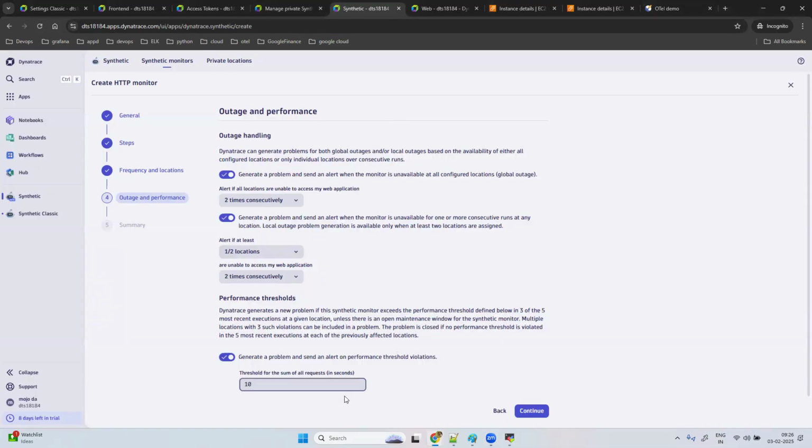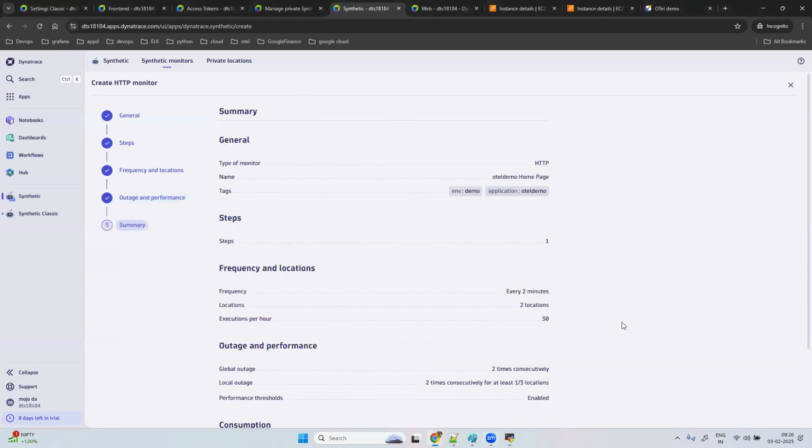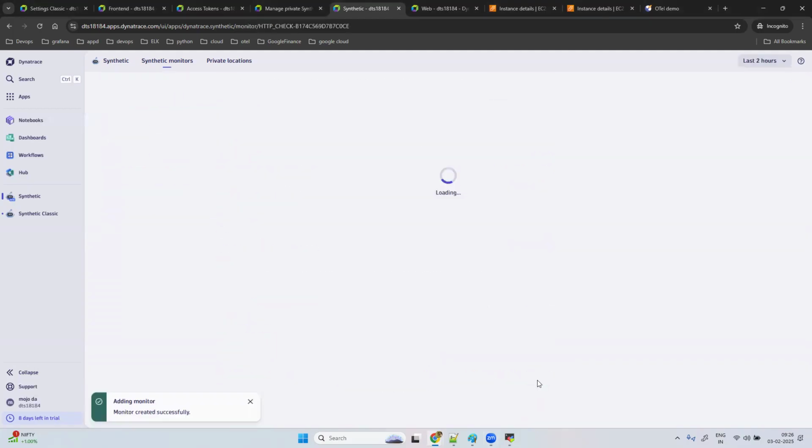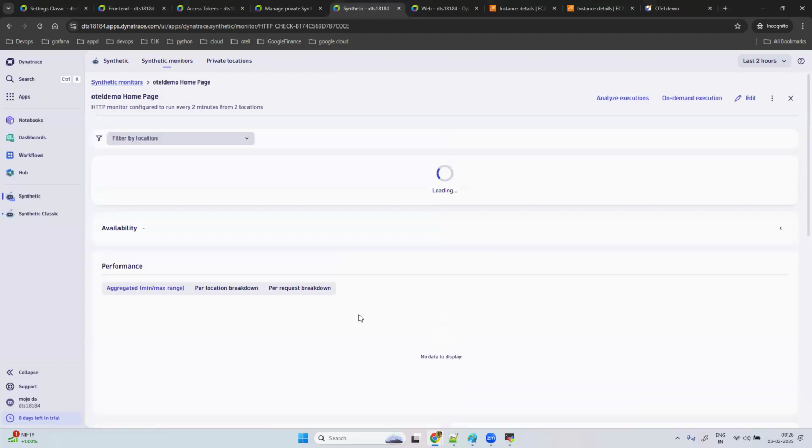More than enough. So I can add 10 seconds so that it will not throw. And then you can configure it. Once you configure it right here, it will show in this page and also in your classic page, which I showed you the first time,